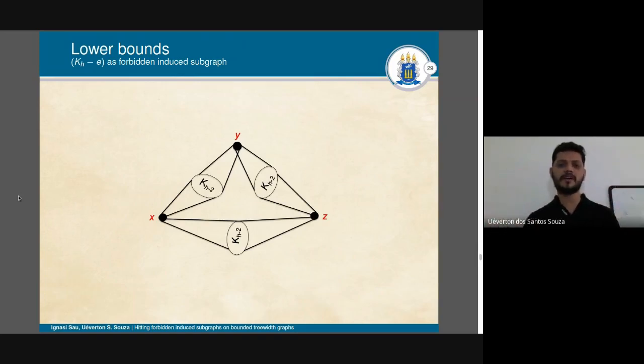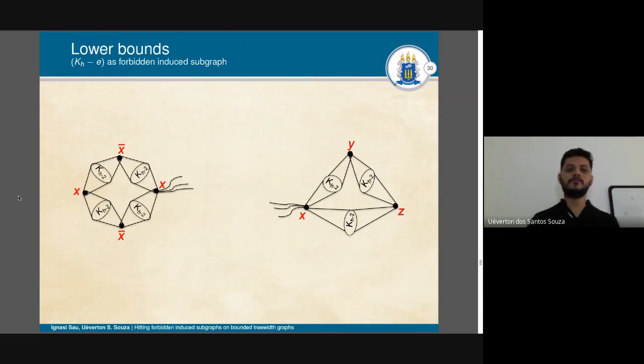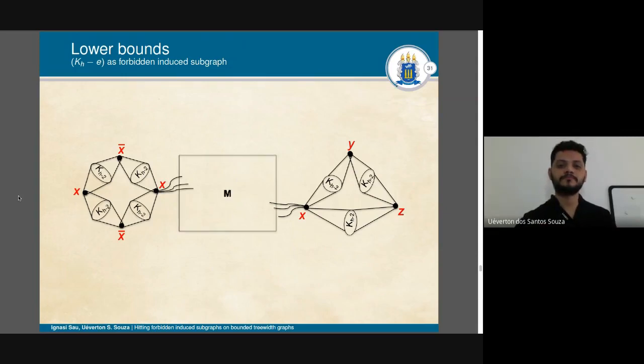And in this kind of gadget, we know that we must remove at least 2 vertices, and a minimal solution will use exactly 2 vertices that correspond to literals. Then we have the variable gadget and the clause gadget, and we need to connect them in order to preserve bounded treewidth. So we will use gadget M,